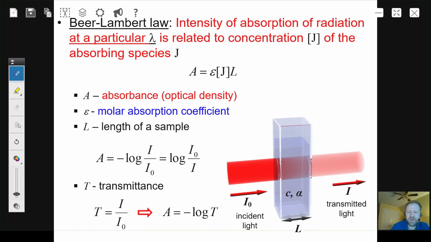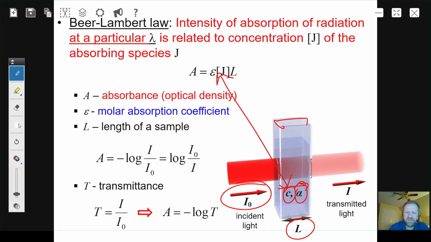So here in this diagram, we show the setup. You have the incident light created by your spectrophotometer. Here's a cuvette with a certain path length. You have the concentration of species C, which is basically your molarity, and then alpha here actually denotes the molar absorption coefficient. I took this picture from Wikipedia because I like it very much, but unfortunately they're using slightly different notation for the molar absorption coefficient and